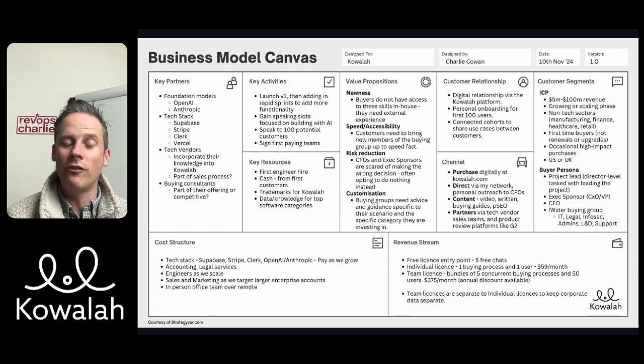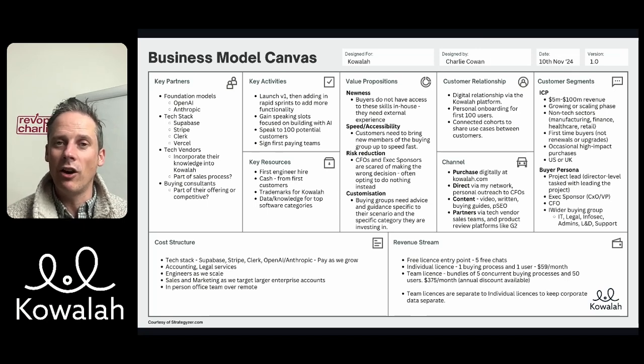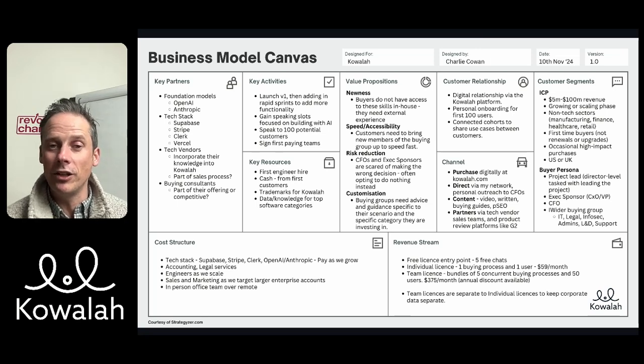Could this be part of their offering? Or maybe it's competitive. Is there a period of time where they might consider adding Kowalah to part of their offering to their own customers? So for your product, think through the partners and how they can help you to deliver and to distribute your